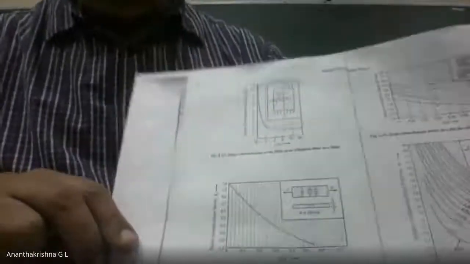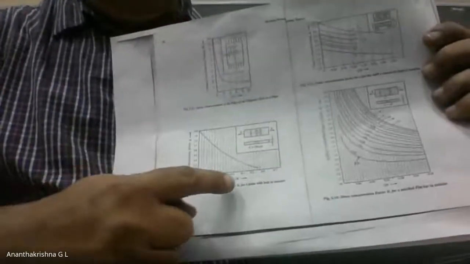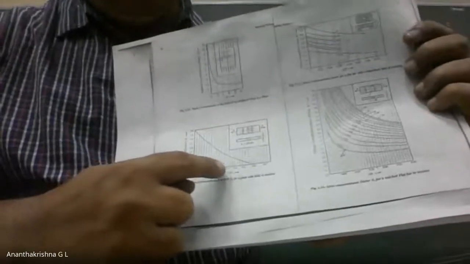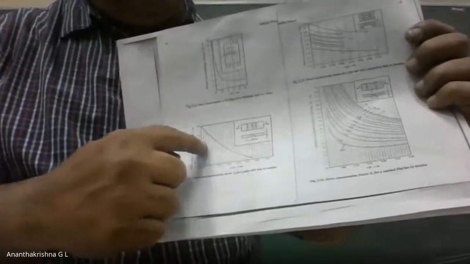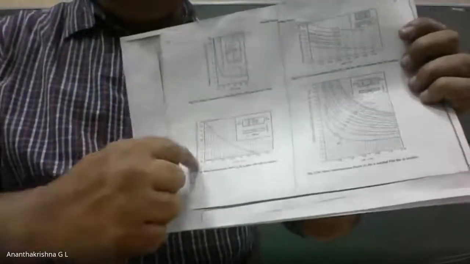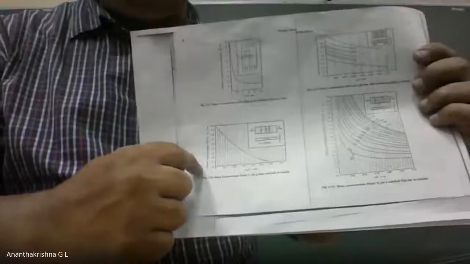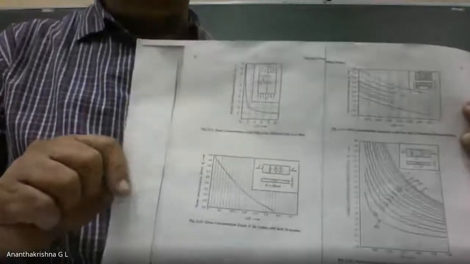Can you see the graph on the screen now? Okay, a little higher. On the x-axis we have A by B, and we have found it to be 0.2. From 0.2, you travel upward till you touch the graph curve, and then travel to the left onto the y-axis. Wherever it touches, that's going to be your stress concentration factor. Got it? So what you are going to get is 2.55.